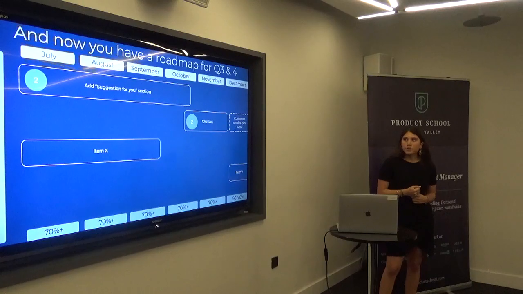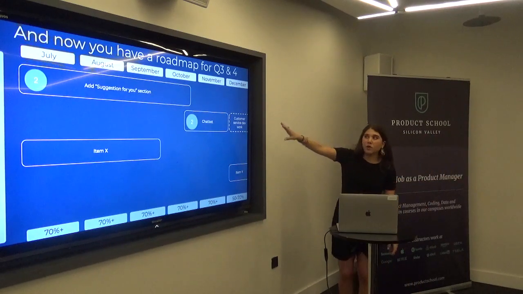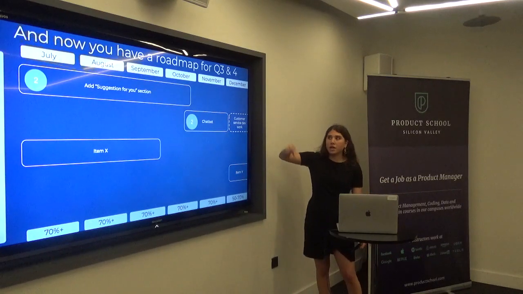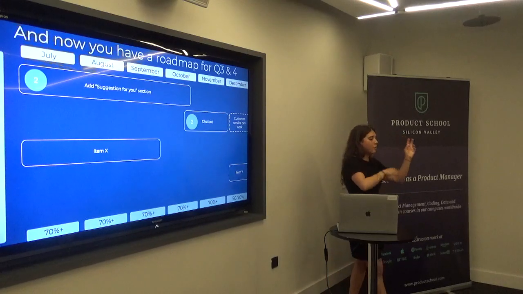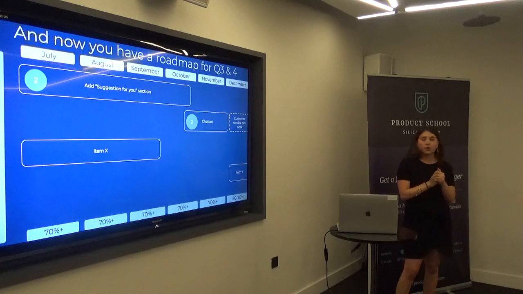But if you know your velocity, then by understanding the size of your project, which you can do by looking at previous projects you've worked on and their size, or by having a conversation with your dev team, you can estimate what level of capacity each project is going to take for your developers.